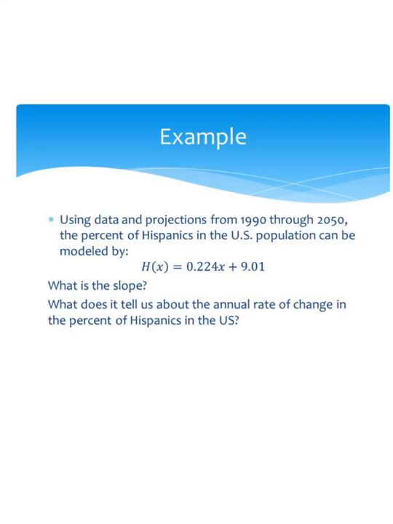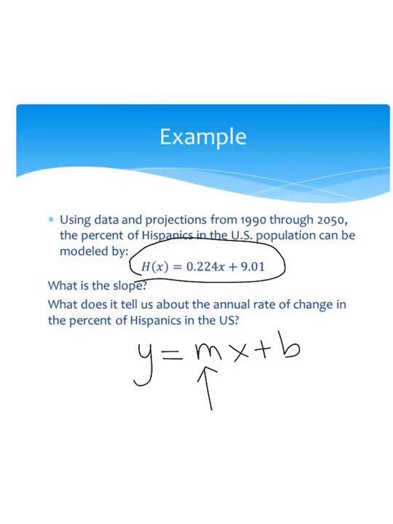Using data and projections from 1990 through 2050, the percent of Hispanics in the U.S. population can be modeled by the function that you see right here. So the first question asks, what's the slope? Recall that when we have y equals mx plus b, the slope is what sits next to the x variable. So our slope here is